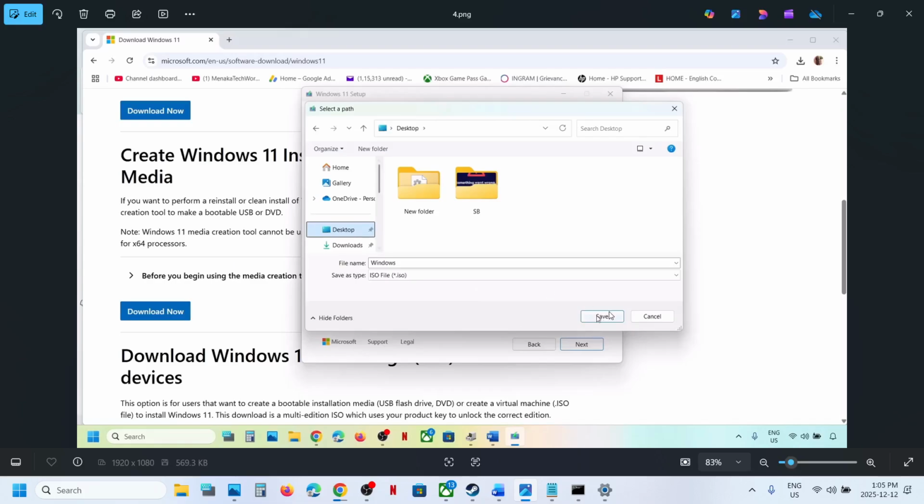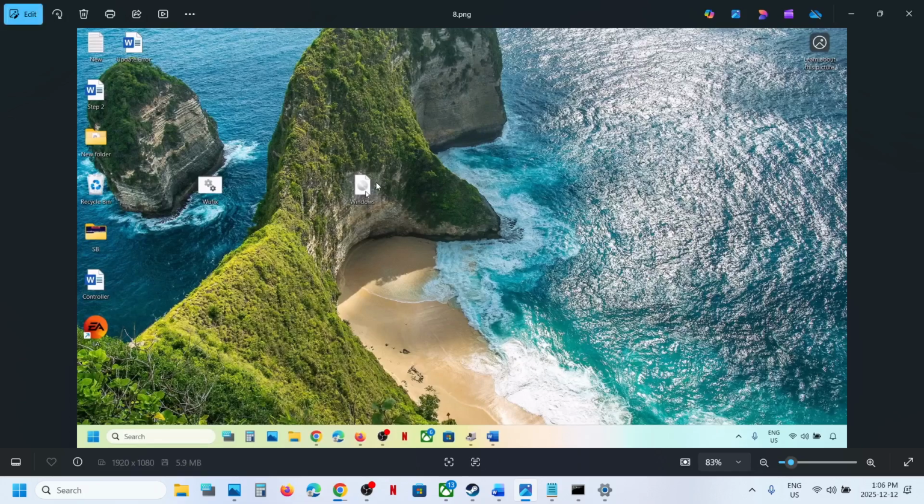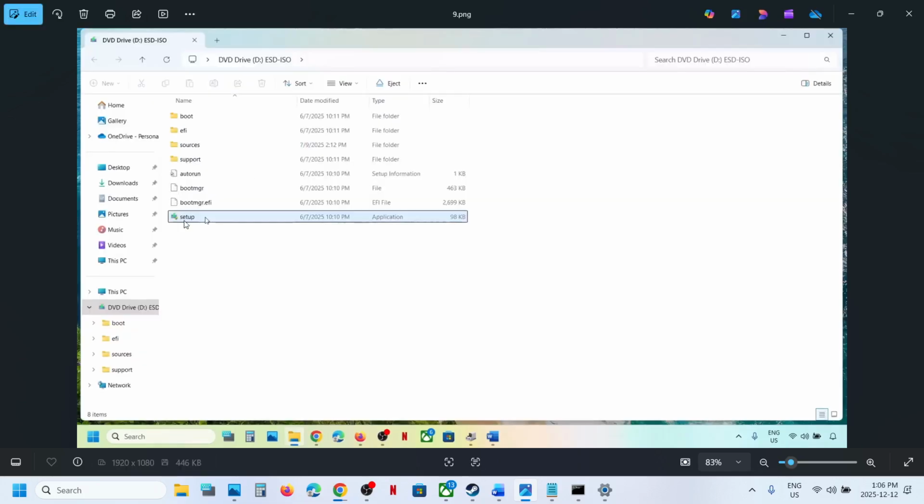You can save it to desktop. Save. Let the download complete. This process will take some time. Once done, click on Finish and then let this close automatically. It will take a couple of seconds or maybe a minute to close. Once done, go to desktop, make a double click on Windows ISO file, make a double click on Setup file,